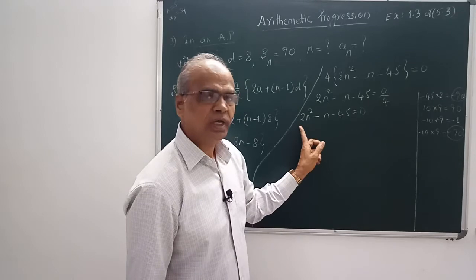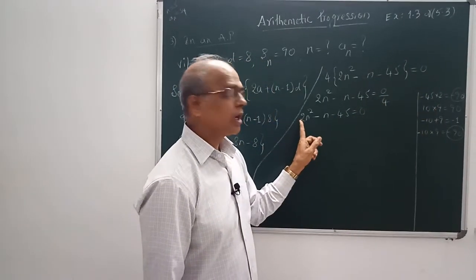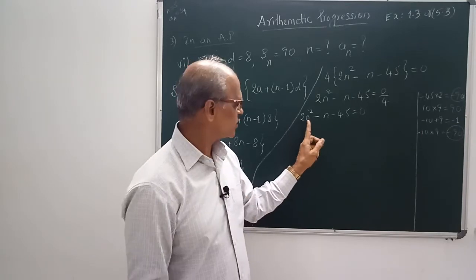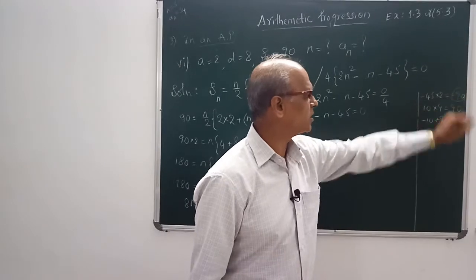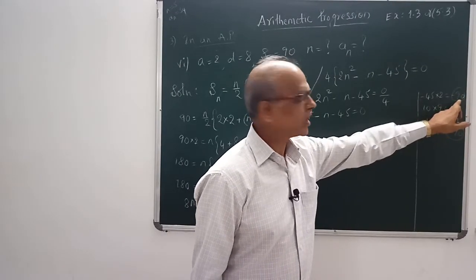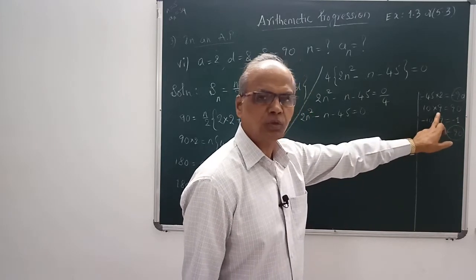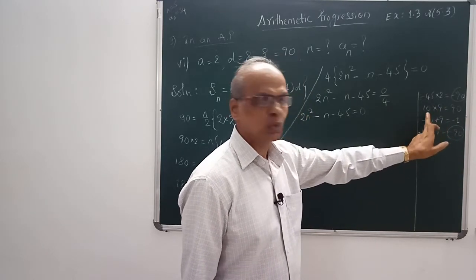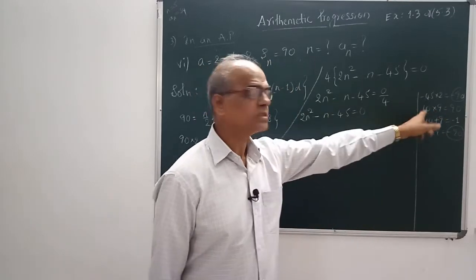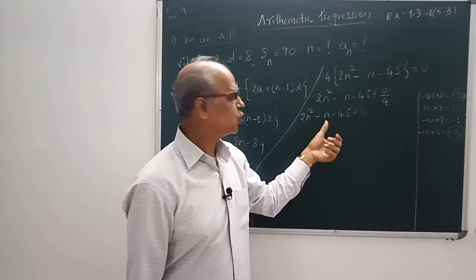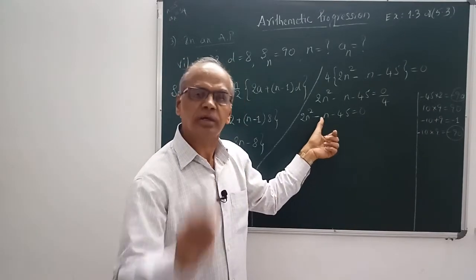Now you see the factors. 45 into 2, the rule again I repeat, minus 45, that is the constant term, into the first term coefficient. First term here is n square, always the coefficient of the first term you have to take. Into 2 is minus 90. Now factors of 90 are 10 into 9. There are many more factors. But why have we taken 10 into 9? When you add these two, or when you find the difference between these two, the difference or the addition of these two factors should be equal to the coefficient of the middle term. Here the coefficient of the middle term is 1.